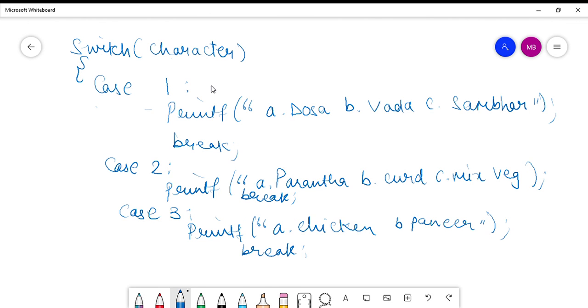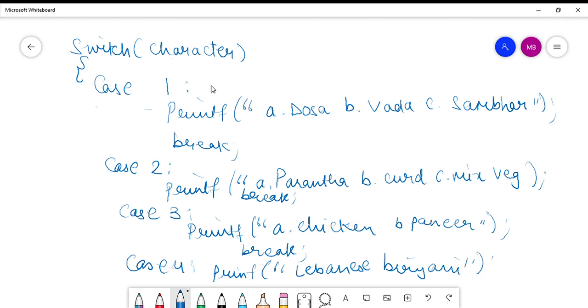Now case 4 is Lebanese. Say for example, the user has entered 4. So in that case, control will go to case 4 and you will say you have one choice, that is Lebanese biryani. So this is what you will be offered if you have chosen Lebanese, case 4.